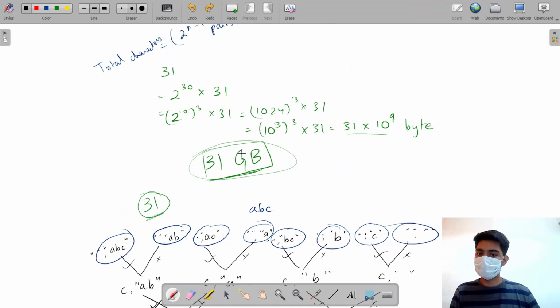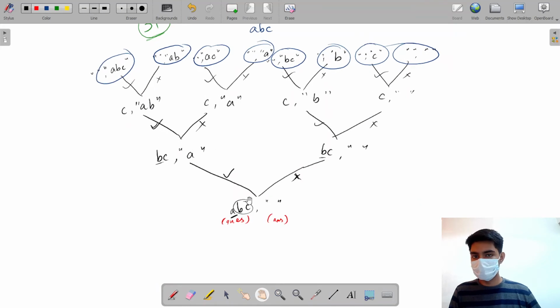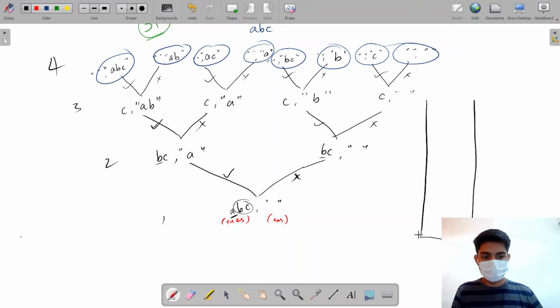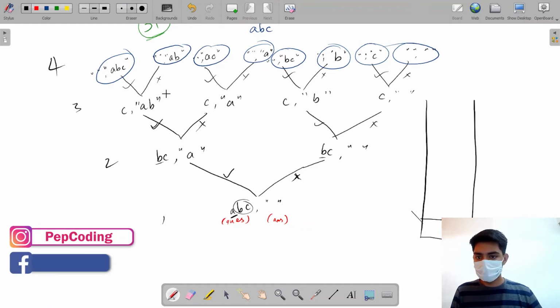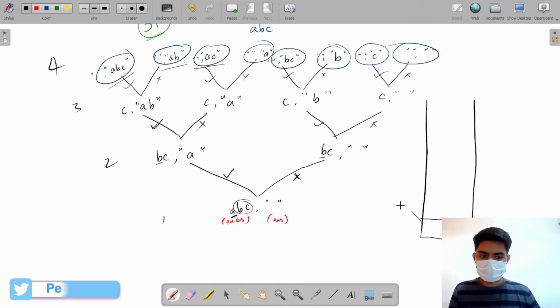Well, we first can clearly see that it is a huge red flag, because for just small strings, we are going to use a lot of space. We don't have that much space for just a small work. So in this print subsequence method, we have, let's say, 1, 2, 3, and 4 levels. Let's call these levels. And in my stack, right, recursion works on a stack. Since I'm not storing any value, I'm not storing this ABC, I'm just printing them as I get the answer. So I'm not using any space actually. The only space that I'm using is in my stack.